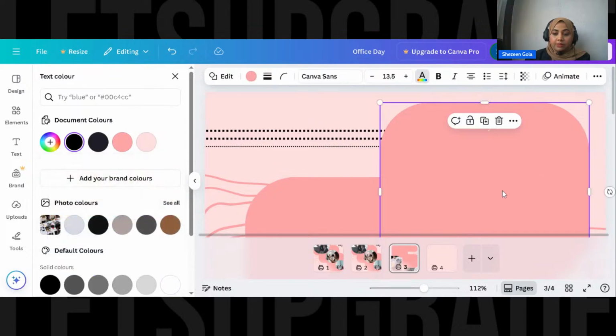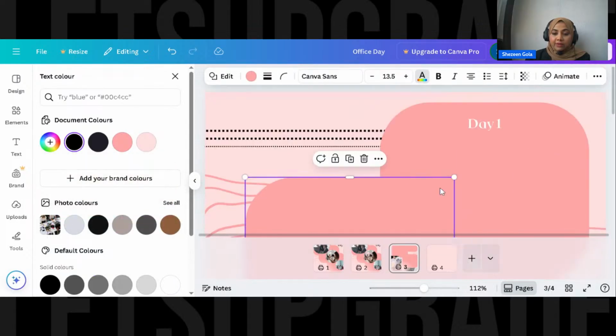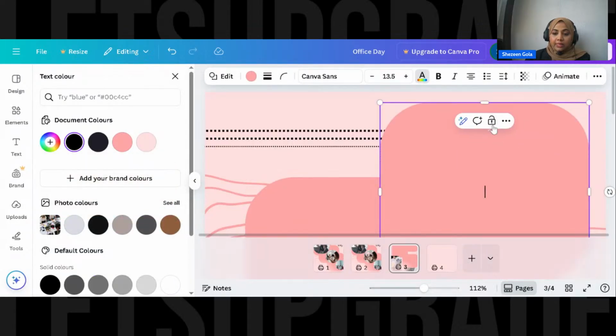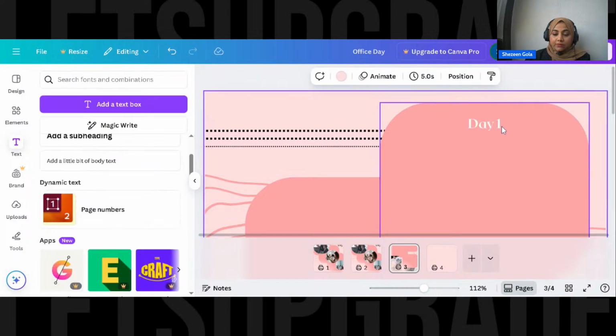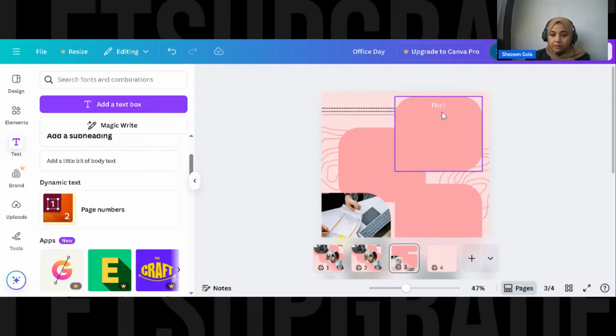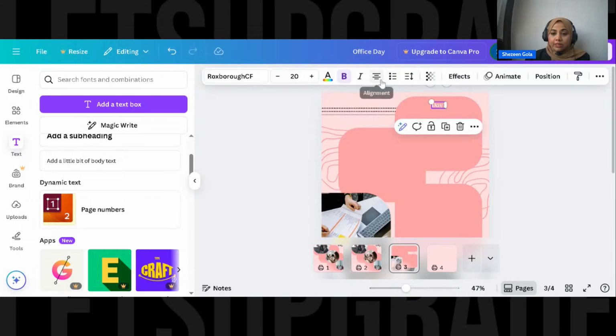Okay, so now since we have day one, we can change. Oops, let me zoom out a bit. So let's select this. You can change the alignment of it however you want.